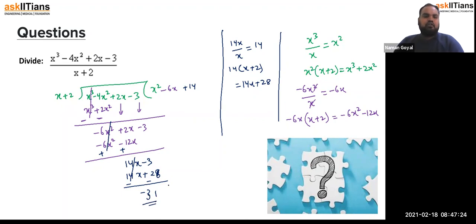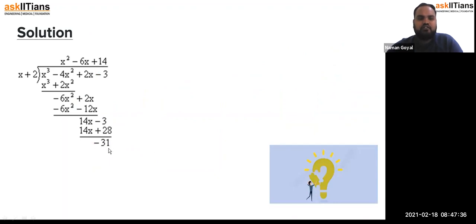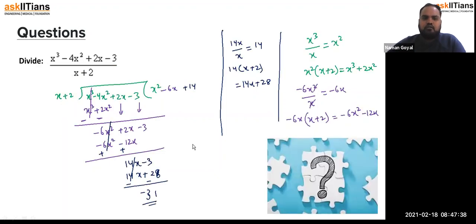Okay, we got this remainder. Now we don't divide further because the degree of this one is greater than the degree of this one. So we got the remainder as minus 31. Now by the help of that property, the dividend can be written as divisor into quotient plus remainder. So we can write down,